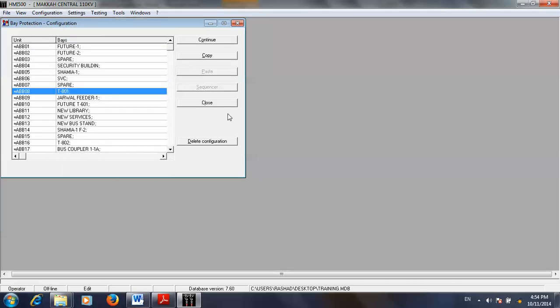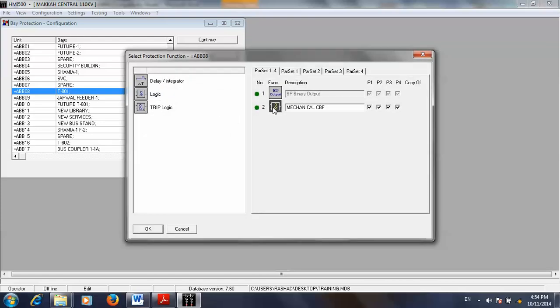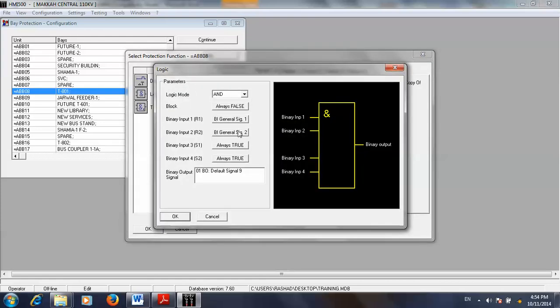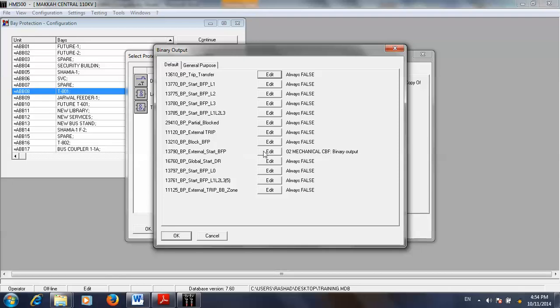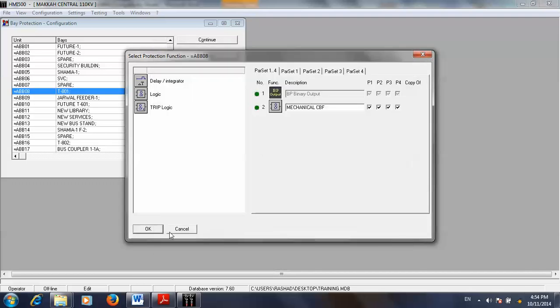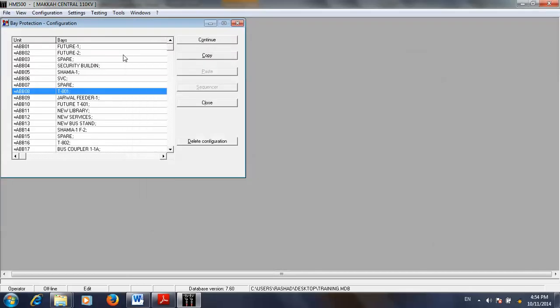Bay protection. So now if this binary input and this binary input came on the AND gate, and this one is true and this one is true, the output of this AND gate will make external start BFB. Means this one's for the mechanical initiation internally, and